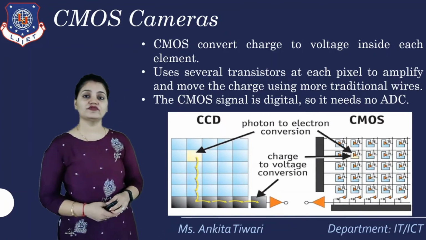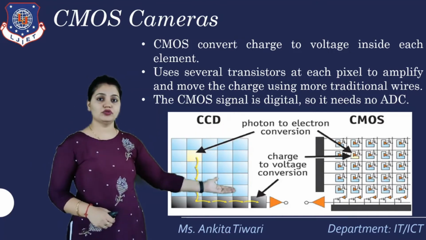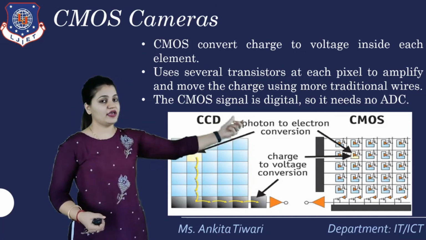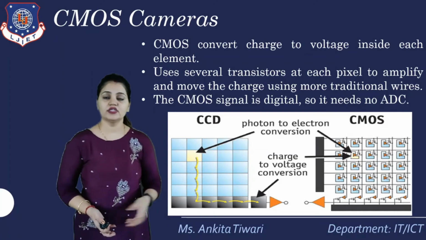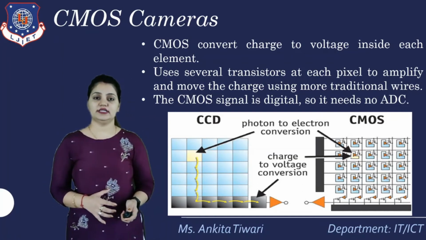The same thing follows. We have already done CCD and CMOS. The charge to voltage process is done in CCD, and in CMOS it is done at a particular pixel, and that is in the form of 0 and 1 itself. So we don't need to convert it. This is the thing with respect to CMOS and with respect to CCD, both of the conversions.